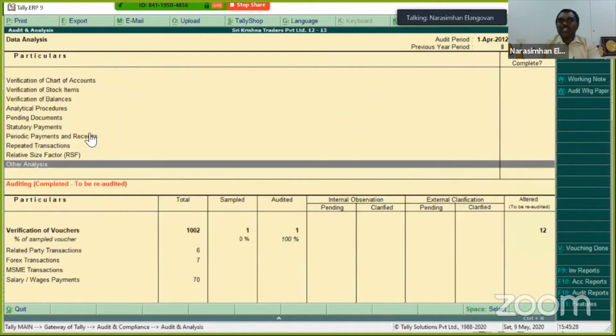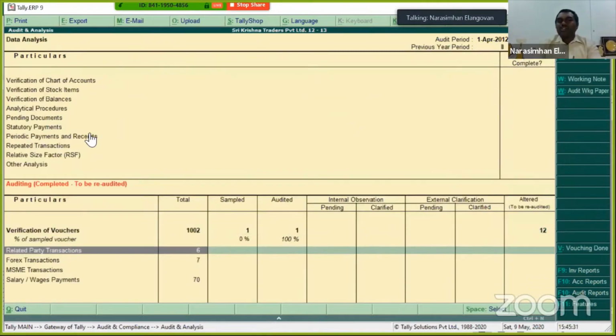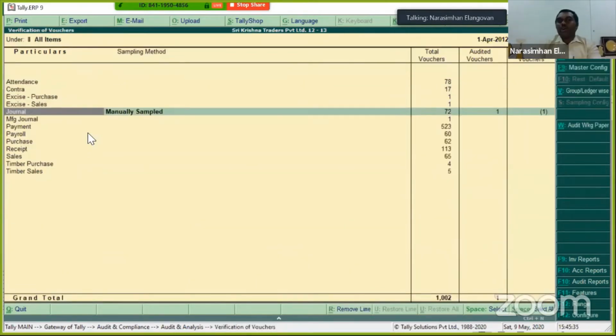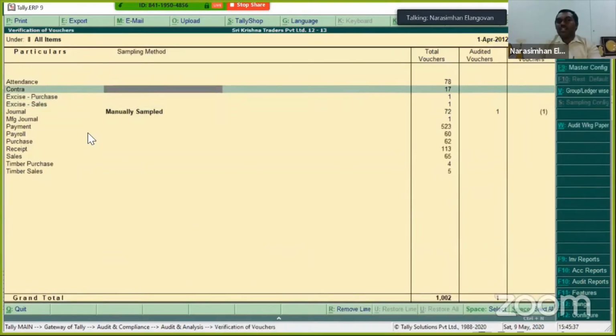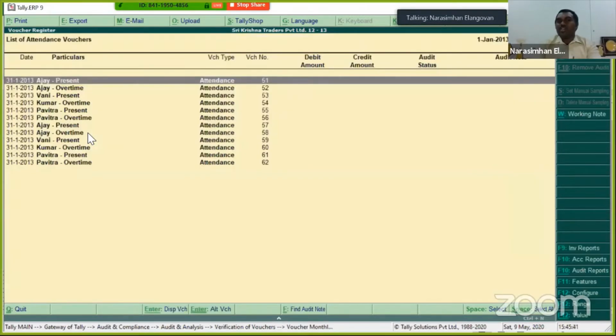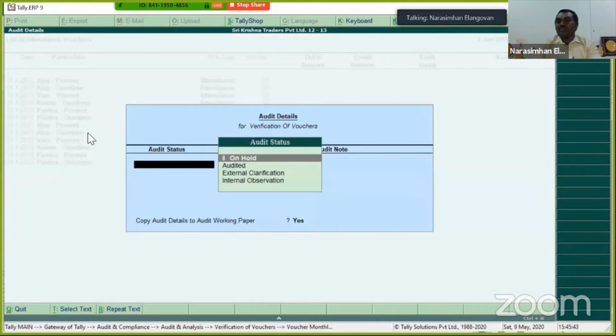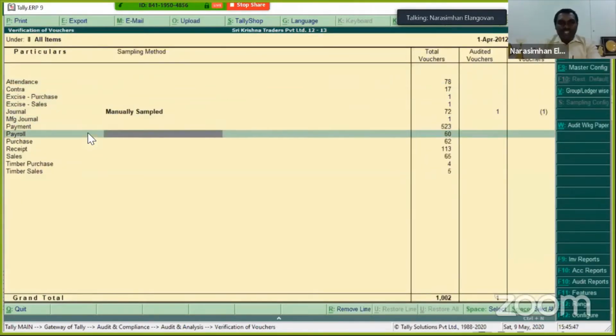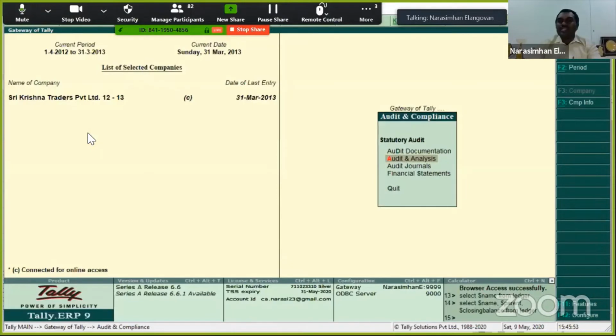Okay, so these are basically what is available, and you can also decide what voucher percentage you want to verify, and what vouchers you have audited, for example attendance vouchers, how much you want to verify. You have all the attendance vouchers, and what is the status of this. So it's only a question of how you intend to use it. My suggestion is, because you have a good amount of time immediately after the session is over, just explore this module. You will get a lot of insights.